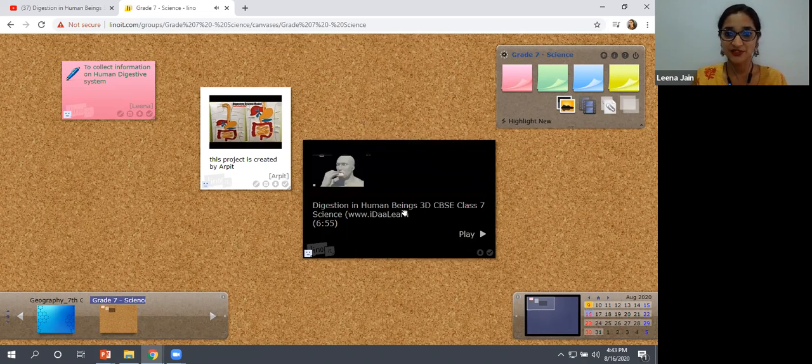Here you can stop your video. So even students don't have to go to the URL separately. They can play the video here as well and they can have a look and get an idea. Now this was all about your video, sticky note, your images. Now what is this? This is an attachment.